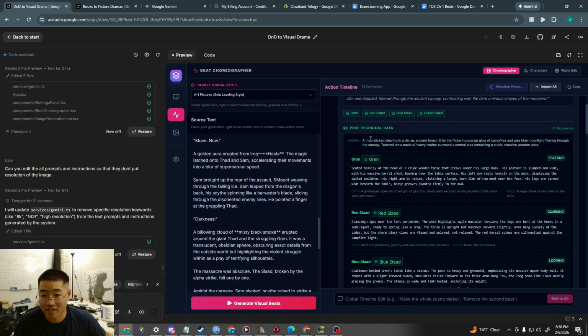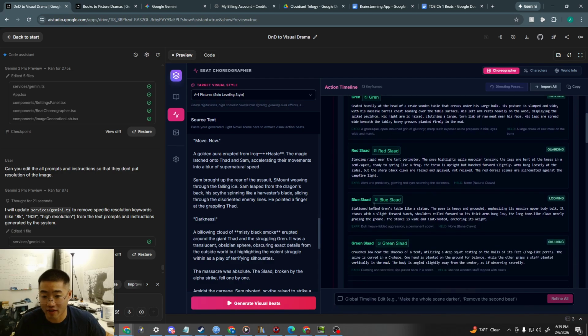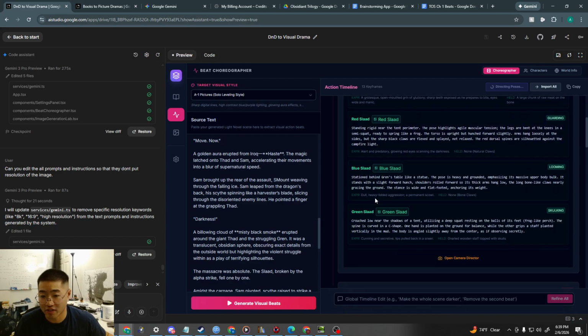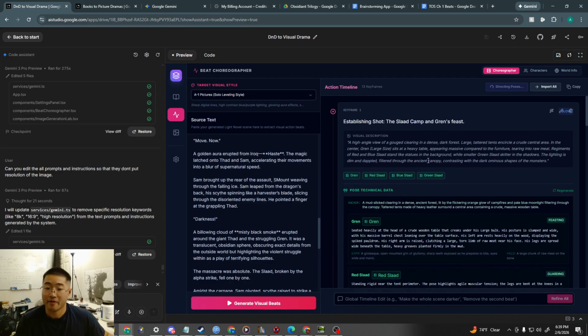So this is the pose data. It describes the poses for each of the characters in the scene. And you see the next one is the camera. The reason I did this is because it makes it more consistent. Otherwise, if you leave it vague, the AI will not do well. But we'll see later that I think it's too much information at this point, where the AI still doesn't do a good job sometimes.